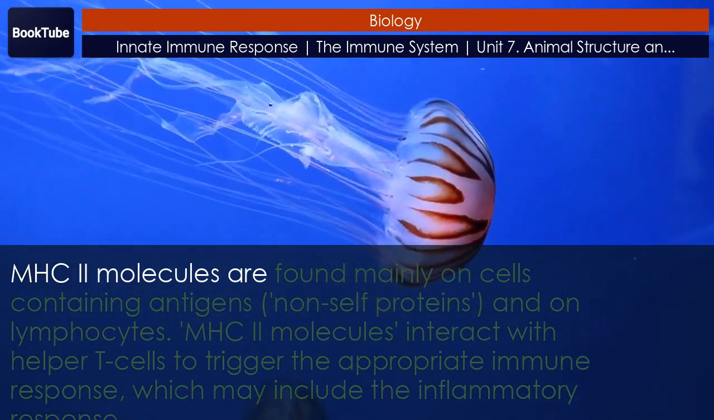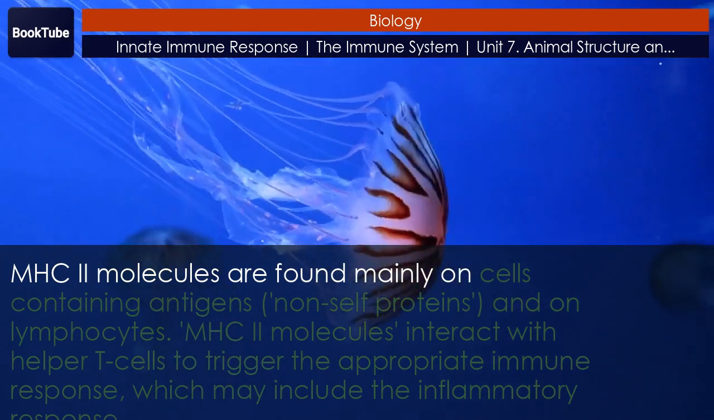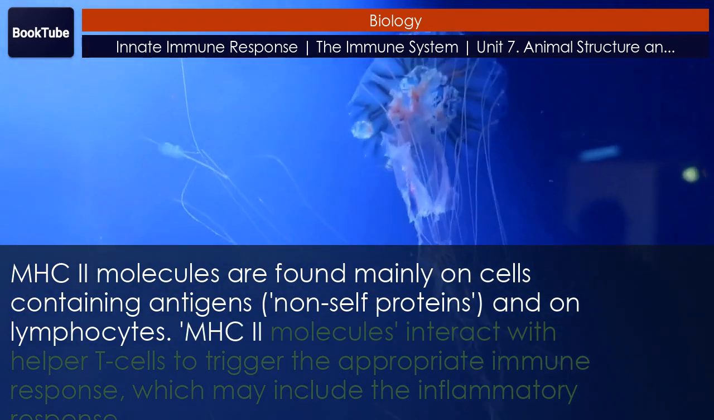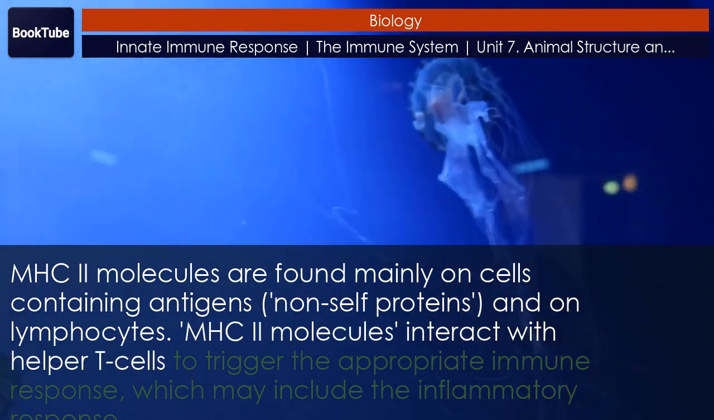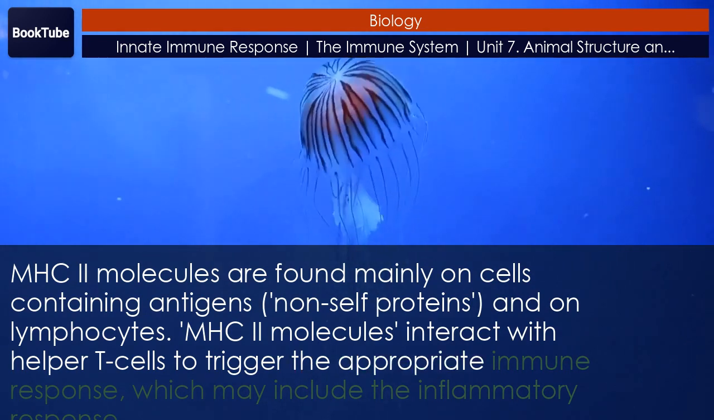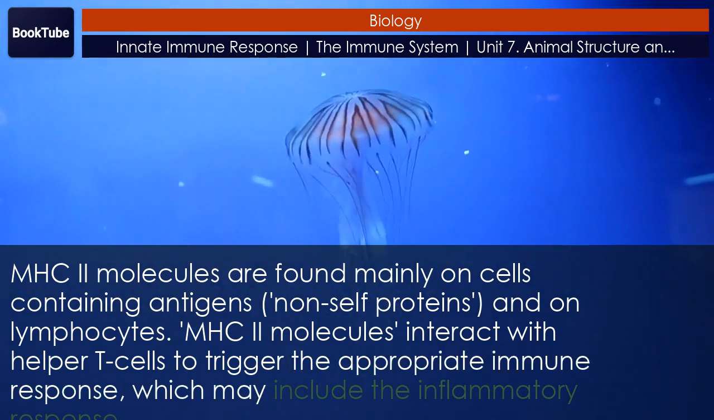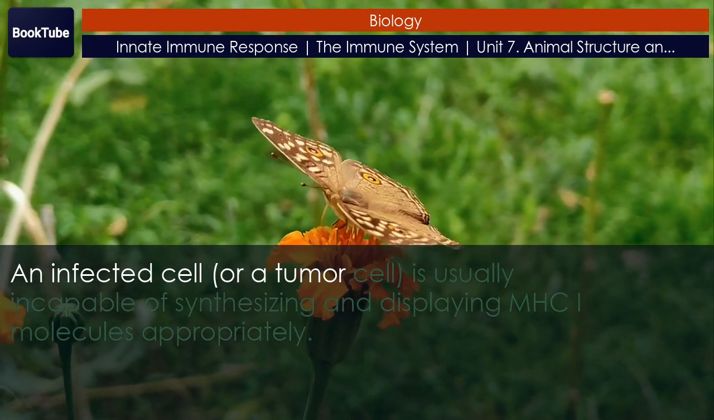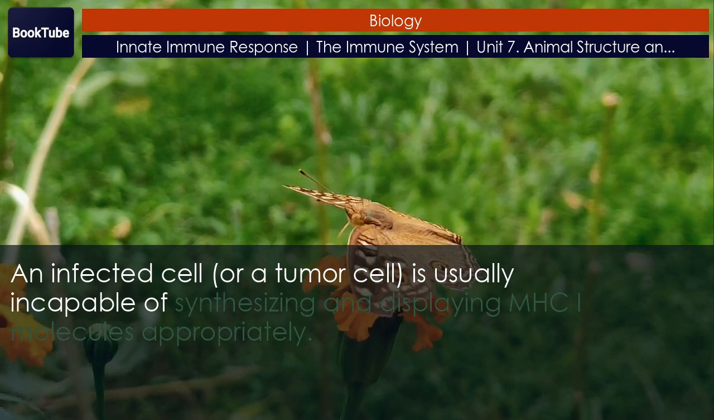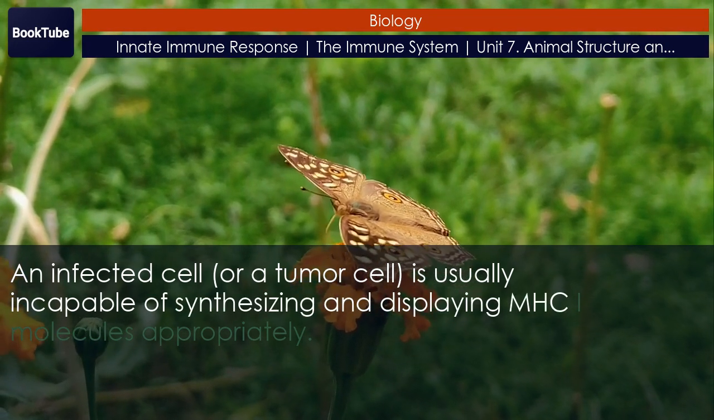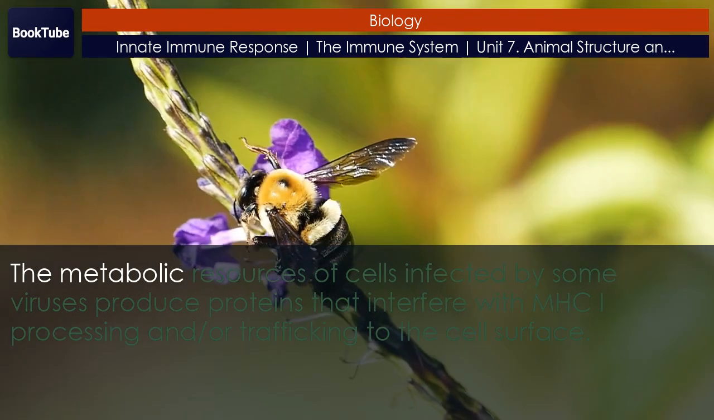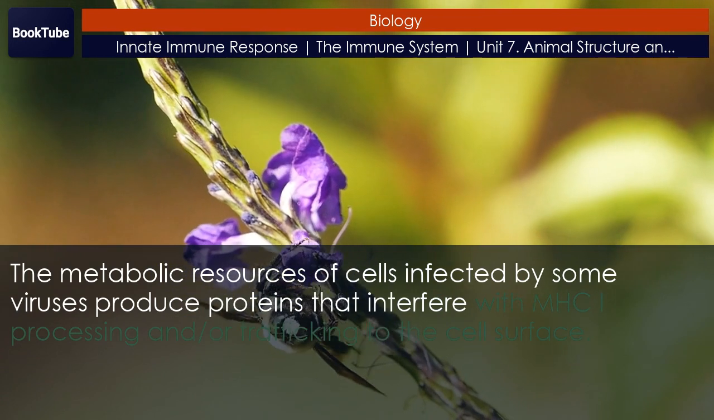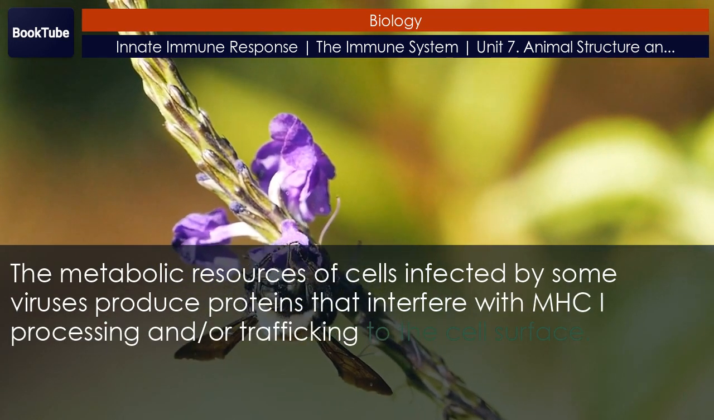MHC II molecules are found mainly on cells containing antigens, non-self proteins, and on lymphocytes. MHC II molecules interact with helper T cells to trigger the appropriate immune response, which may include the inflammatory response. An infected cell, or a tumor cell, is usually incapable of synthesizing and displaying MHC I molecules appropriately. The metabolic resources of cells infected by some viruses produce proteins that interfere with MHC I processing and/or trafficking to the